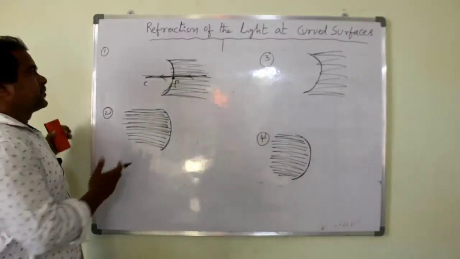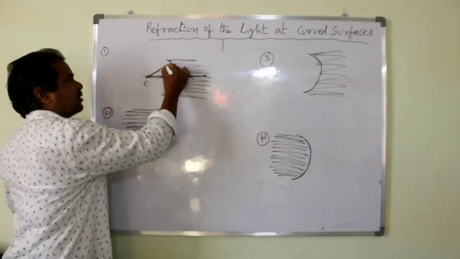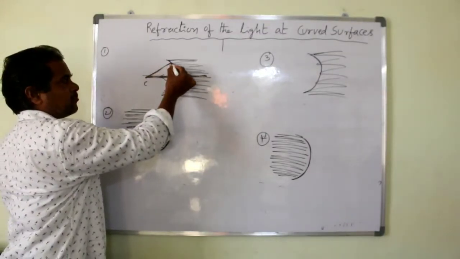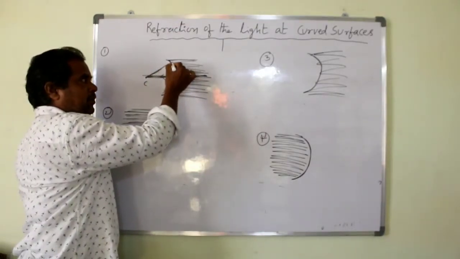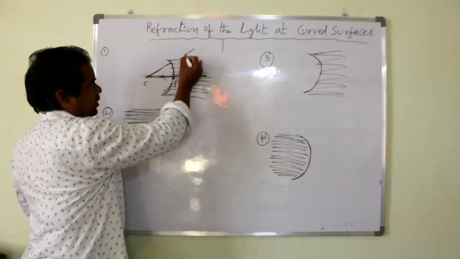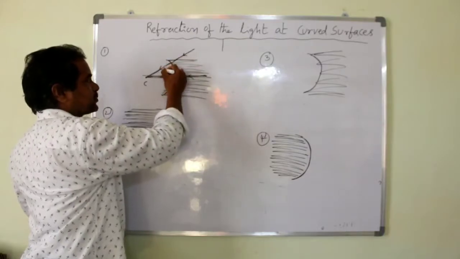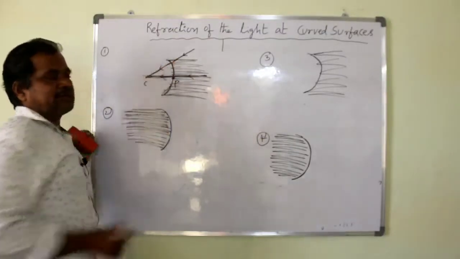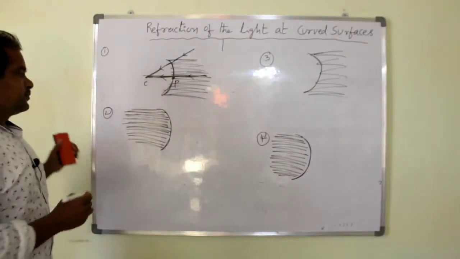In the same manner, any light ray... this is called radius, because it is the line joining the center and any one point of the curved surface. Radius is perpendicular to the point of contact at the curved surface. So any light ray which passes along the radius, the corresponding refracted ray doesn't deviate its direction, because it is incident perpendicularly or vertically at this point. Okay, so